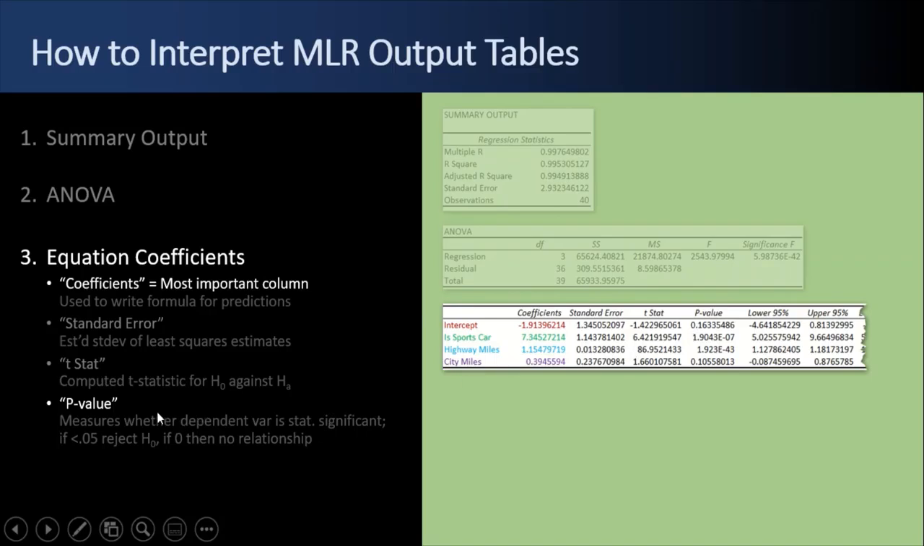The p-value, that's important. Typical in all scientific measurements, 5% error. So it measures whether the independent variable is statistically significant, and we want it to be: there's less than a 5% chance it's due to random noise. So if it's less than 0.05, we reject the null hypothesis, and then we can say that, oh yeah,